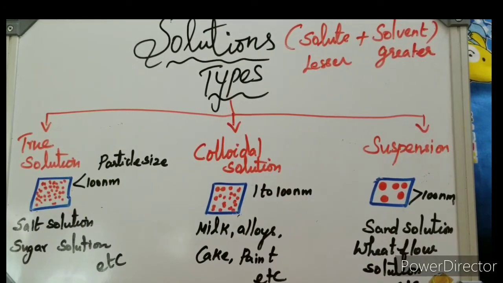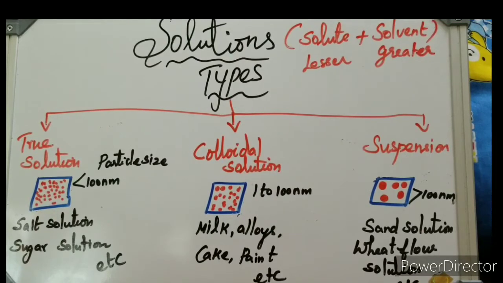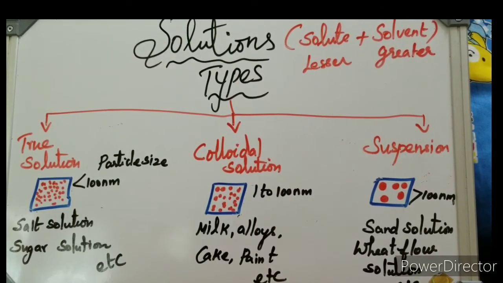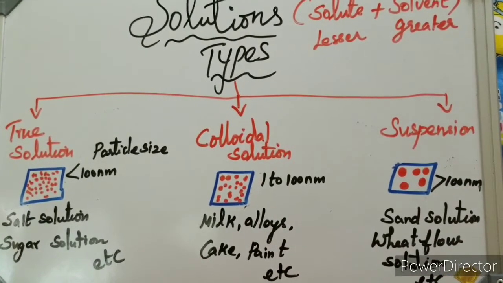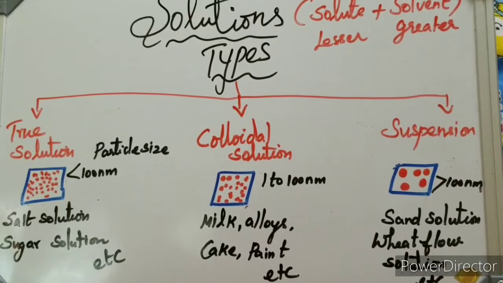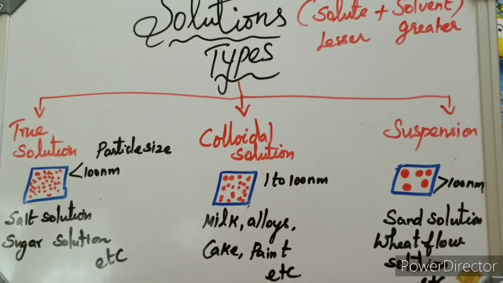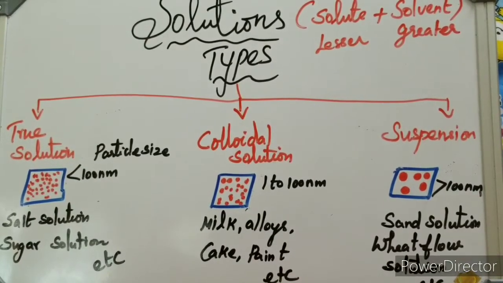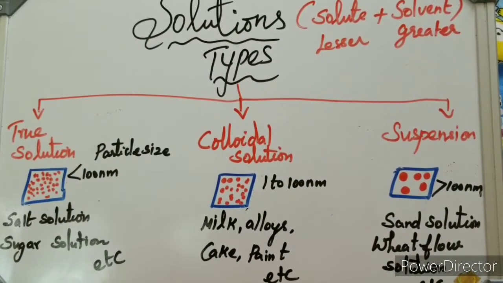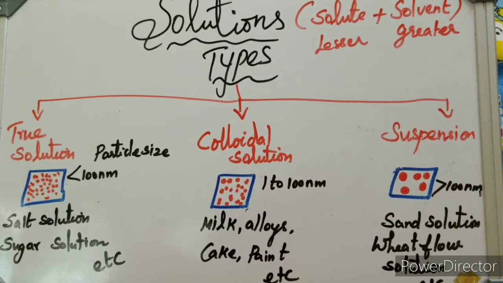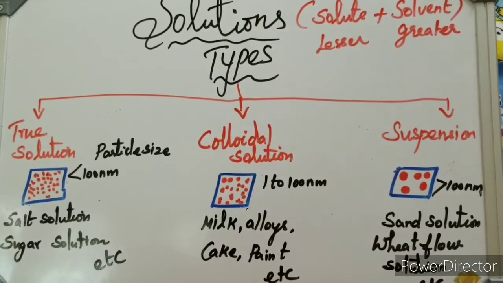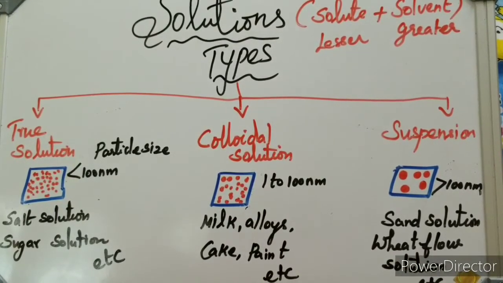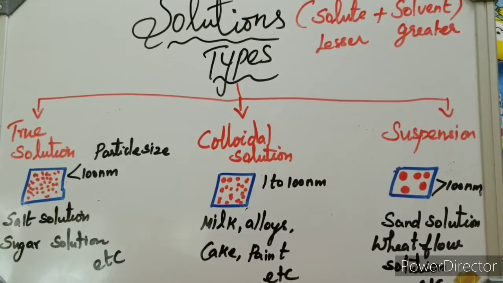Yes, milk. Milk looks like a homogeneous solution, but it is not homogeneous. It is a heterogeneous colloidal solution. It is not transparent. We are not able to see the presence of individual particles. We see the white color throughout the milk. The particles, that is protein, fat or calcium, are dispersed throughout the solution. That type of solution is called a colloidal solution. It is not transparent, and the particle size ranges from 1 to 100 nanometers.